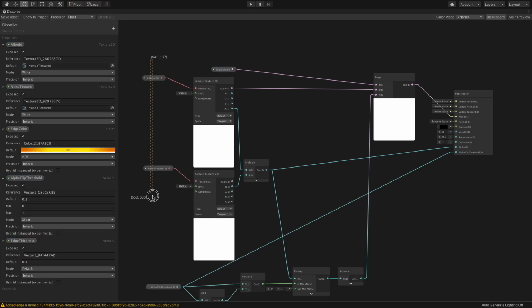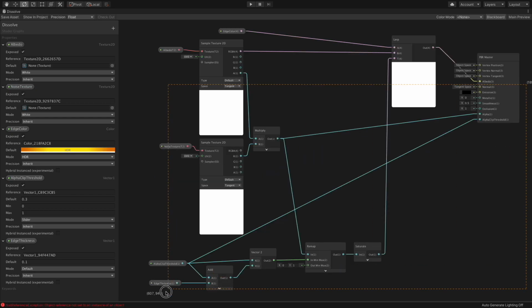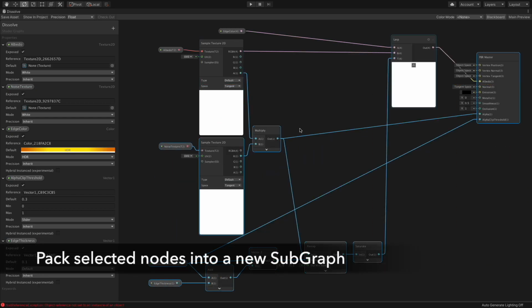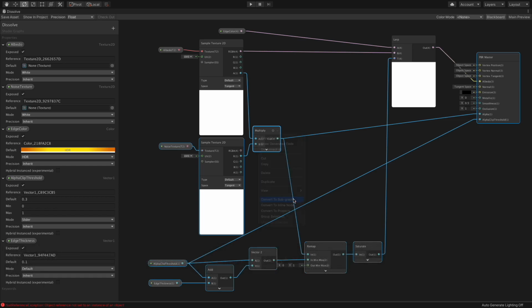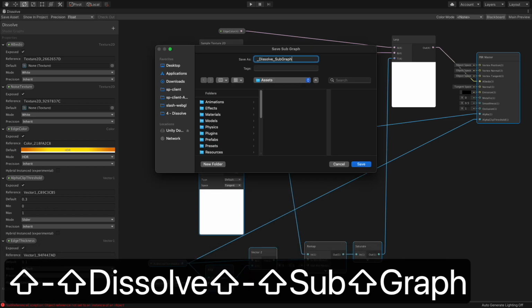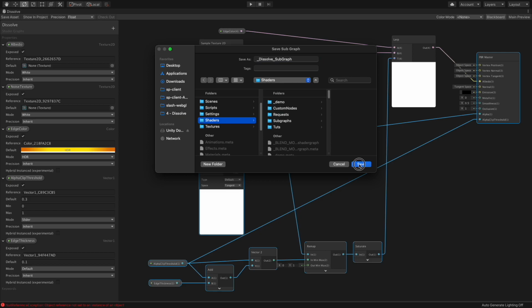Then I will put all the alpha related operations into a subgraph by selecting those nodes, right clicking and choosing Convert to Subgraph. A dialog will appear so that you can select a location to save this as a file. I name it _dezoom_subgraph to tell the purpose of this subgraph. A prefix of underscore puts the subgraph at the top of the folder when sorting. A suffix of subgraph reminds me that this node is editable.